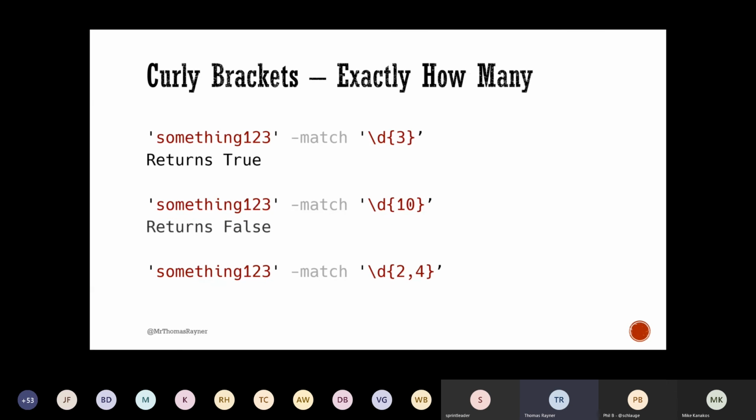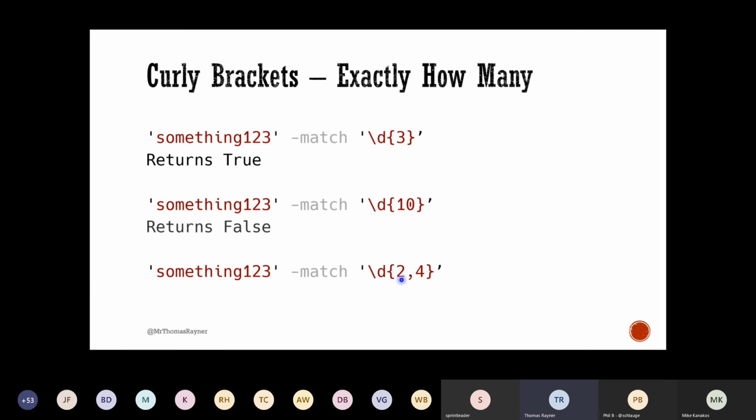When you look at more in the curly braces here, if I put a comma and 2 numbers, what this is saying is, this is still one quantifier. This is still quantifying the backslash D, but it's saying between 2 and 4, including 2 and including 4.